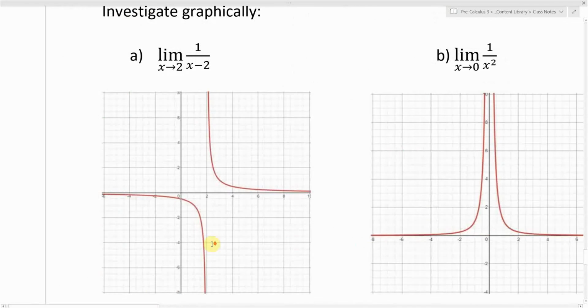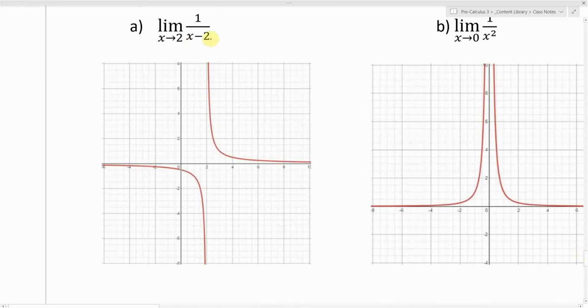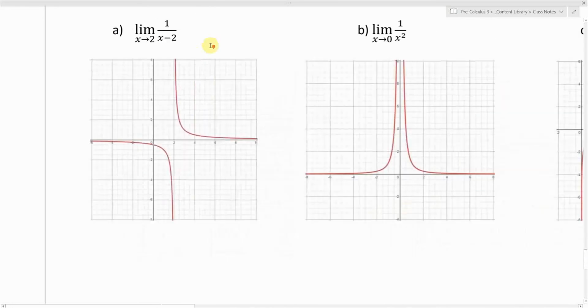So I'm looking right here at the limit as x approaches 2 of 1 over x minus 2. Okay, and so what we see is, so here's our function, the red curve, and then we're approaching 2, and we can see that at 2 we have a vertical asymptote, right? There's our vertical asymptote at 2, and we're remembering all of our fun rules about asymptotes from the graphing functions chapter, but what we see is that from the left the function goes down, and from the right the function goes up. So in fact it's going in opposite directions from the left and the right, which means we need to consider these